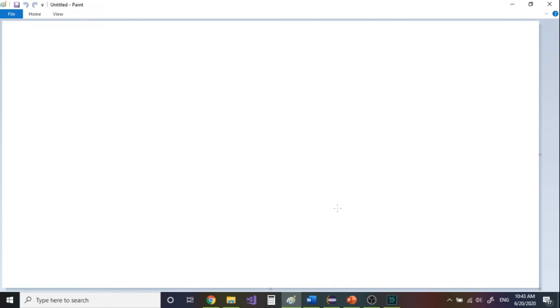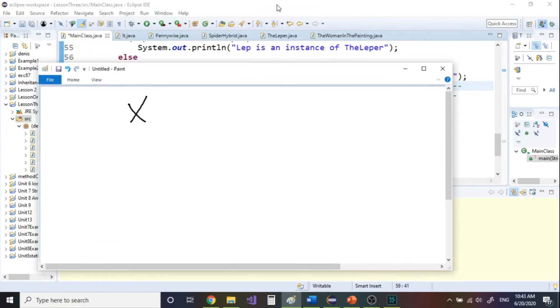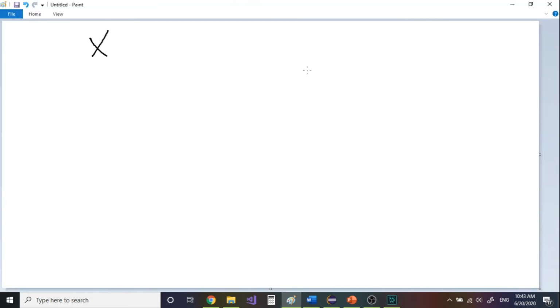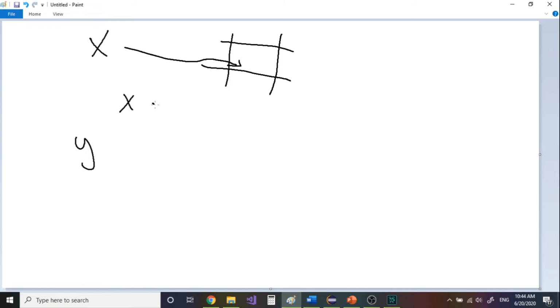Imagine we have an object called X. Now, inside the memory, imagine we have a spot, and this spot is going to store X. Now imagine we have another object, which is Y. Both of them belong to the same class. If I type Y equal X,